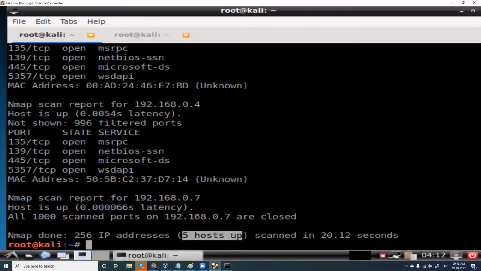In case, as we have taken the previous example of a corporate, they have 100 computers. So it is going to give you how many computers are on. It will say 70 hosts are up. So you will know 70 computers are on. Fine. A general network scan. This is what we do.